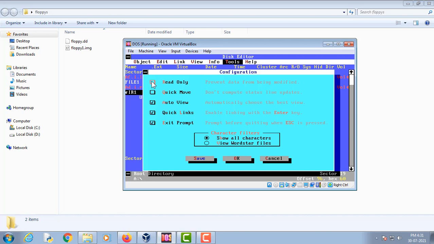If there is a check mark on read only, then you won't be able to make any changes in the disk editor. So make sure that you have unchecked read only and then save this file. I have already unchecked this, so I won't do it again.